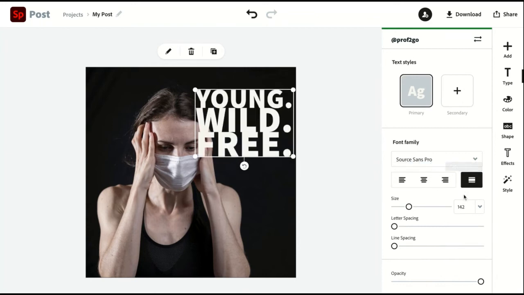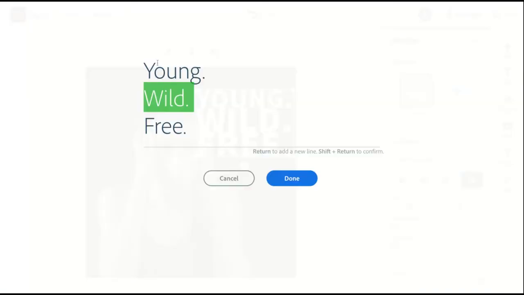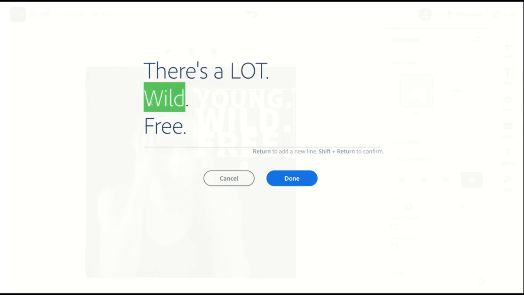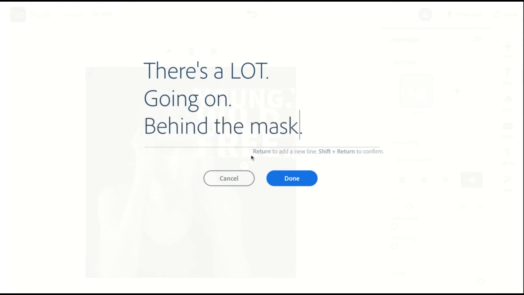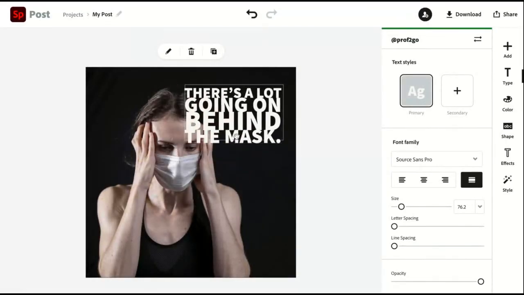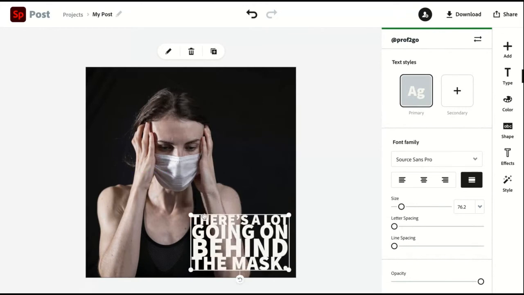You can use this block text feature and change the messaging. And you can change the location of this to wherever you feel it's more appropriate.